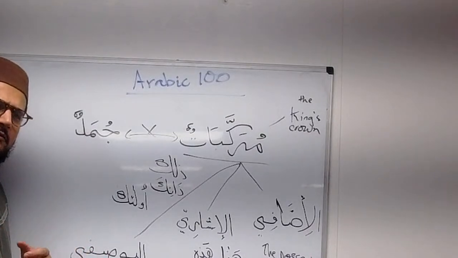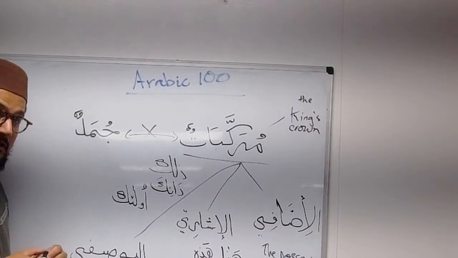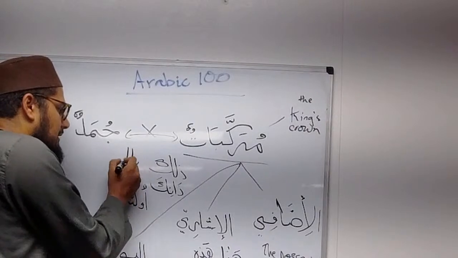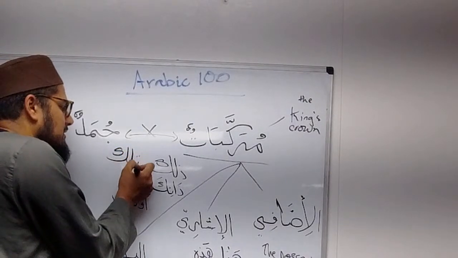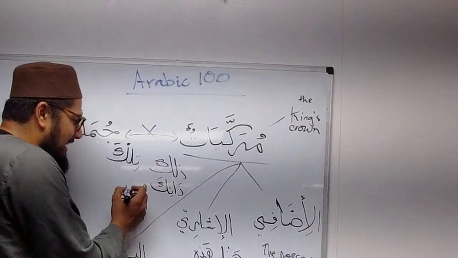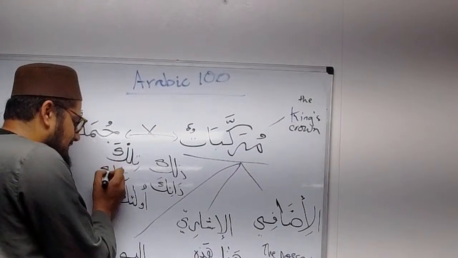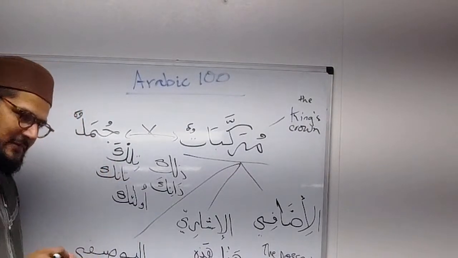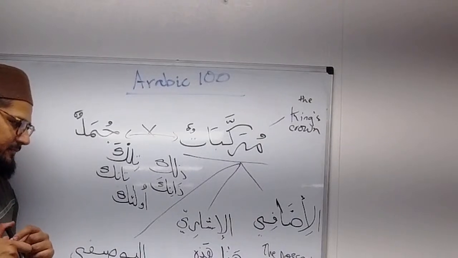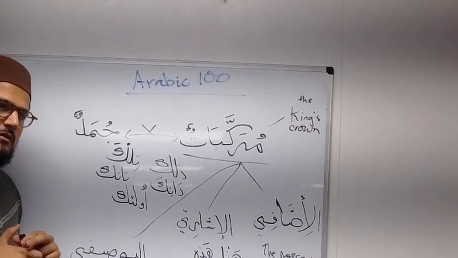What was the female version of dhalika? Also very commonly used in the Arabic language. It's tilka. Good, mashallah. And what was the dual version of tilka, if you recall? It's like dhanika, except it's that. Okay? So these are the asma'ul ishara, the pointing words that are used whenever we make